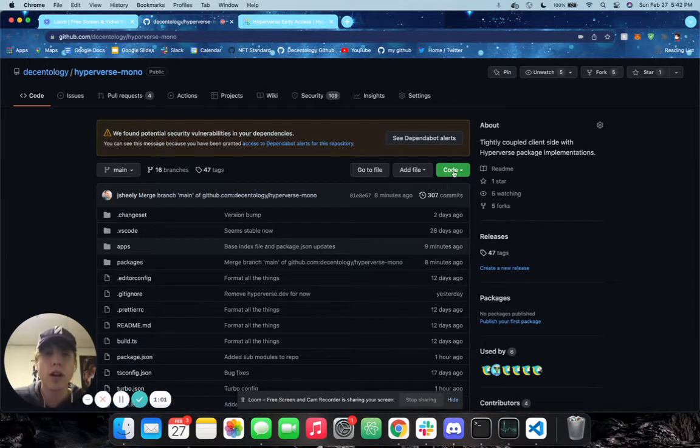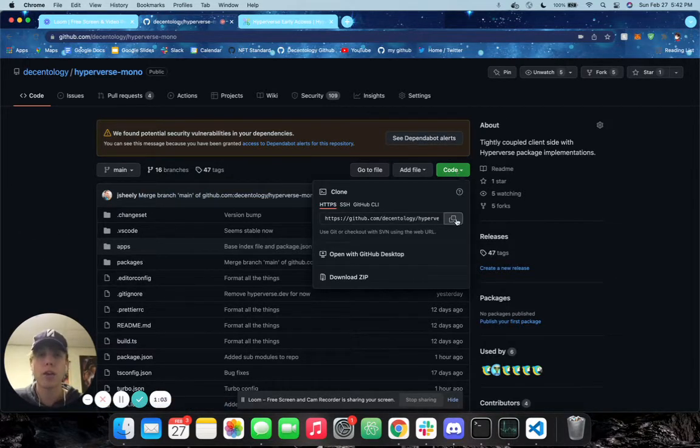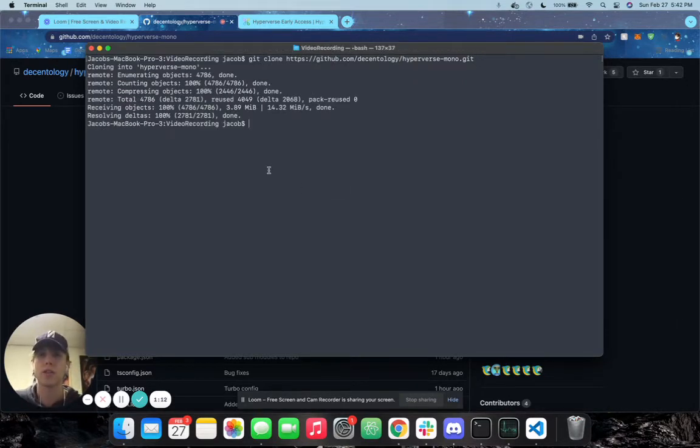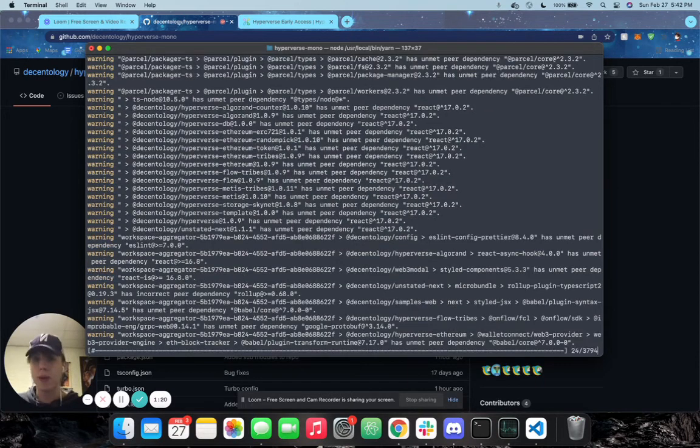To actually start out this demo, let's go ahead and clone this repository. I'm going to click that button right there, go to my terminal and do git clone and then space, copy and paste the Hyperverse mono like so. So I can cd into it. And then the first step is to type yarn. When you type yarn, it's going to install all the dependencies you're going to need for your Hyperverse mono project. This may take a little bit of time,